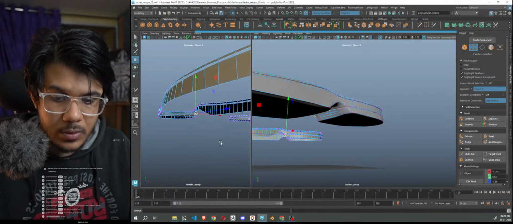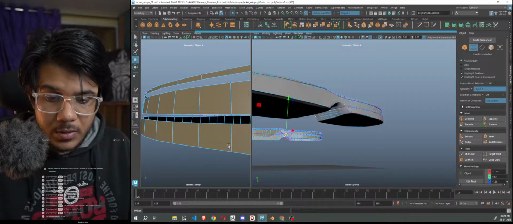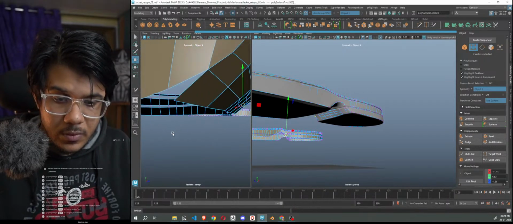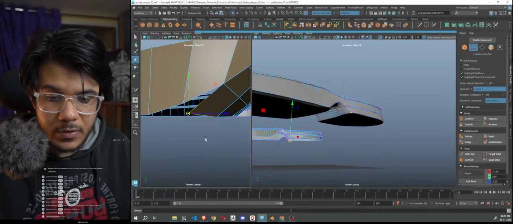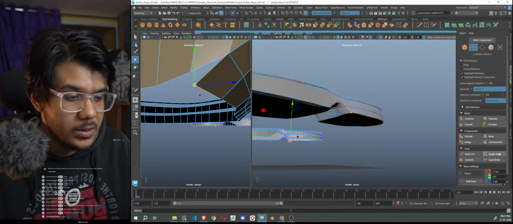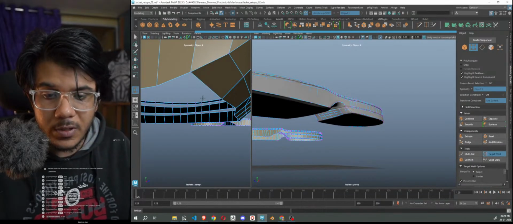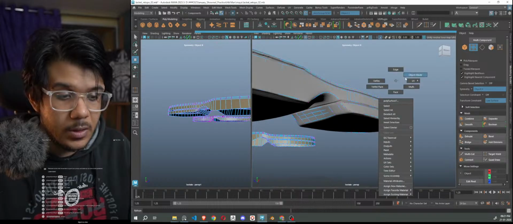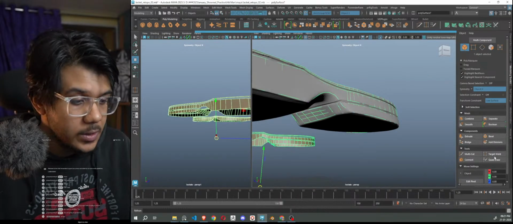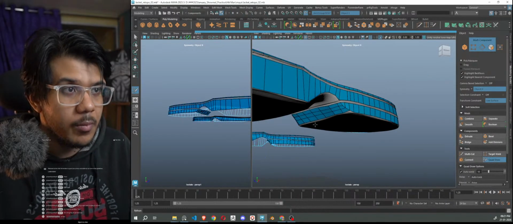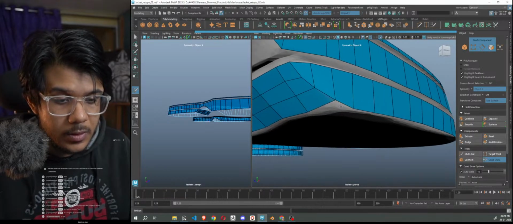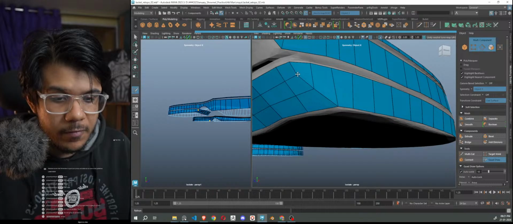No, not this side. So I will select this vertex and use my target weld to weld them together. Done. Done and dusted. I'll come back here, and I think we have made a significant amount of progress,